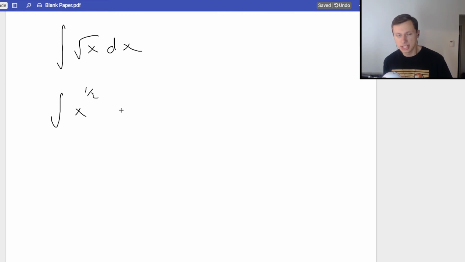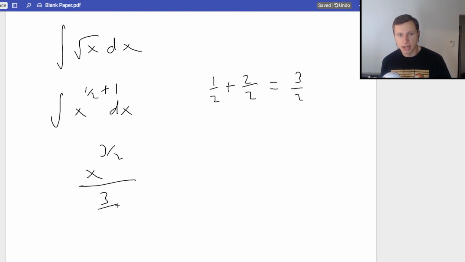We are going to rewrite it as x to the 1/2 because we are going to need a power rule now. So now I need to ask myself, what's 1/2 plus 1? A lot of people think way too long about this question, so here's what I would recommend you do. 1/2 plus 1 is the same thing as 1/2 plus 2/2, right? Which is 3/2. So the integral of this is now x to the 3/2 power divided by